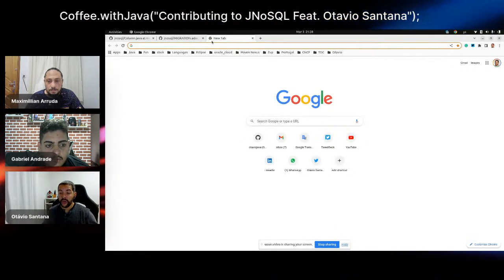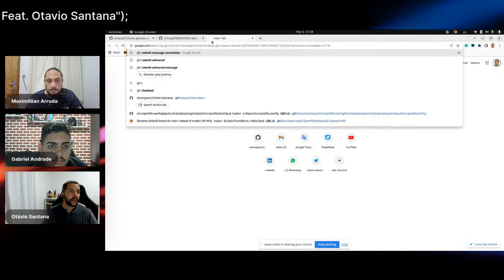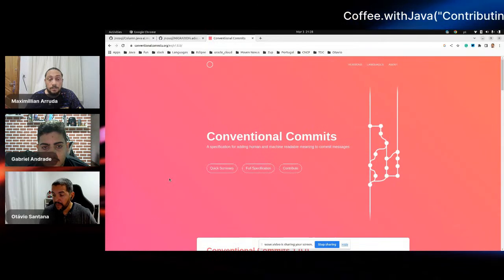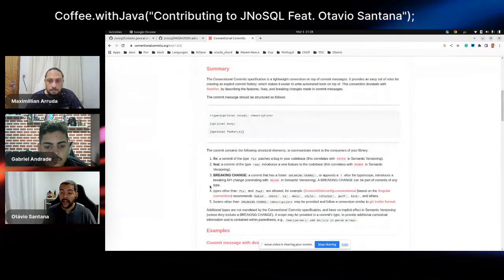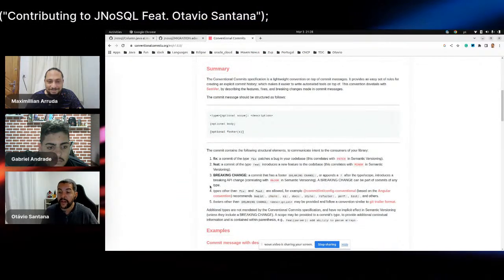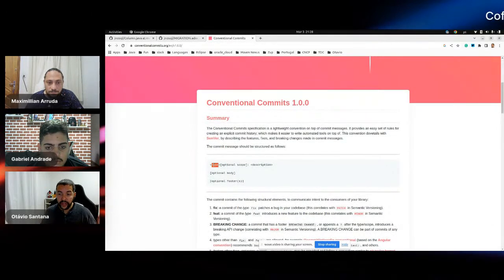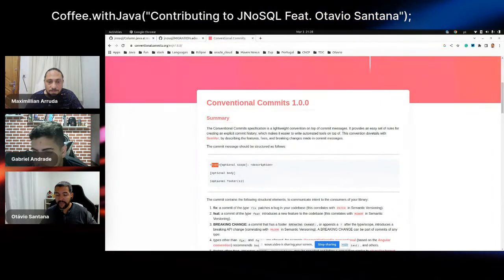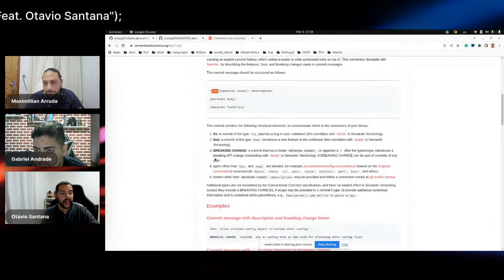Another thing that we started to implement is the universal commit message convention. The idea is, okay, we are allowing people to write their own messages. However, the idea is to start to have a standard or good practice to commit the code. And the idea is to define the type of contribution for each commit, the scope, and then the description. Let's share the link here so you can share it with everybody. So we have the type, such as fix, and then the branch change.